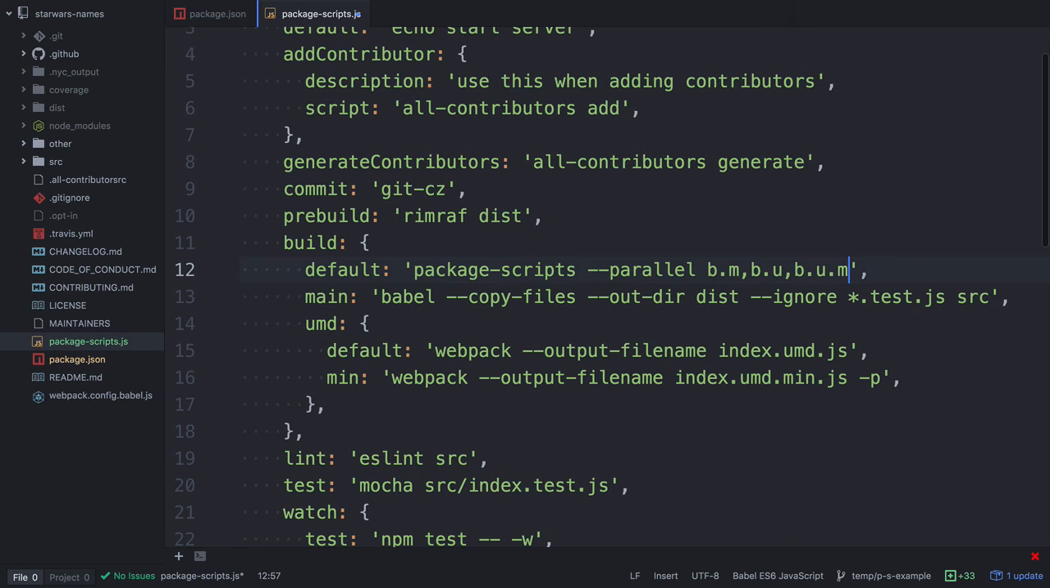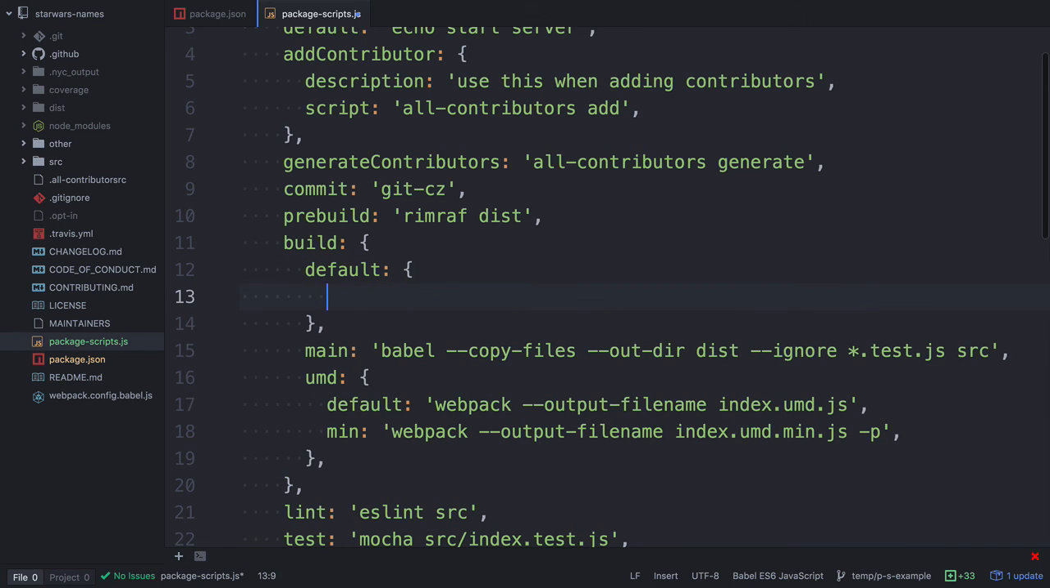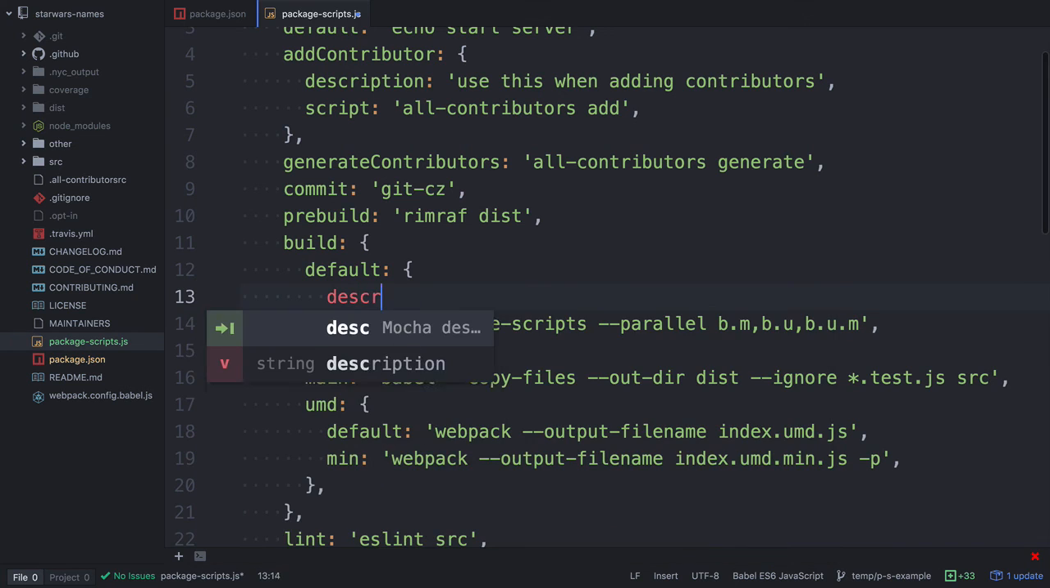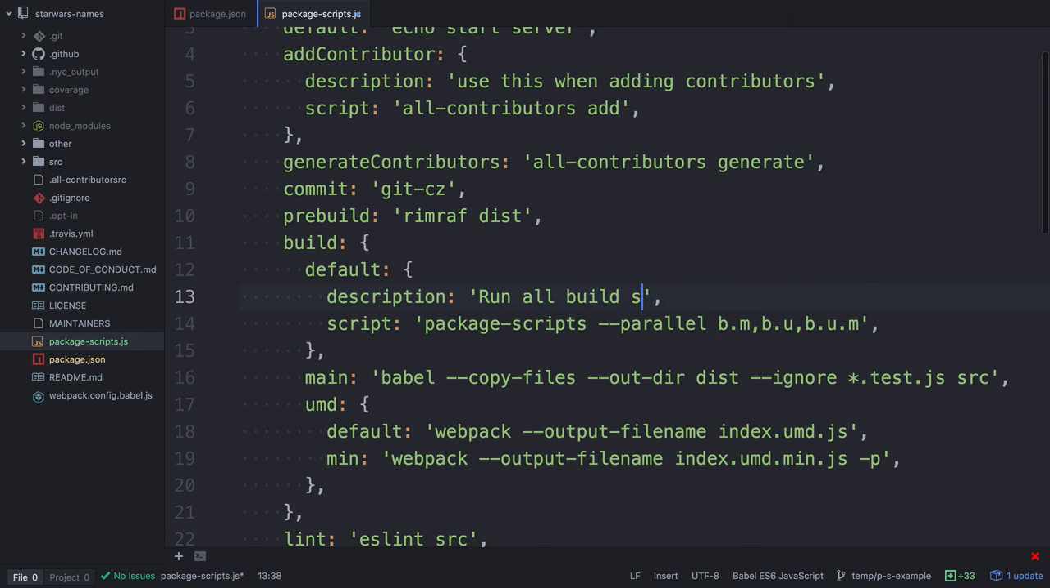Now, I think this is a little bit confusing and maybe not straightforward, and so I'm going to add an object here, and we'll have the script right there and a description right here that says run all build scripts in parallel. And now if I